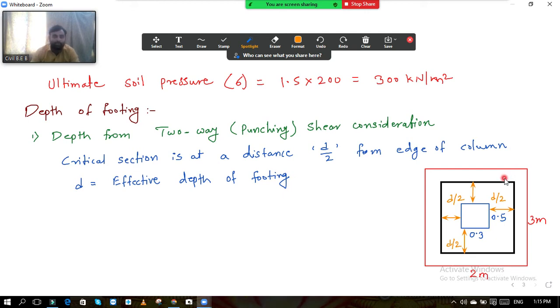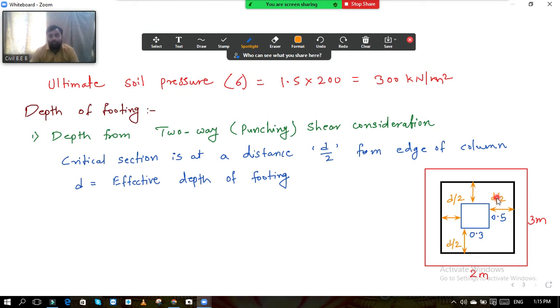You know how to punch a paper. Same action will be there. Whenever, due to the load coming from this column on this footing, this punching shear gets developed, this punching action is the action where the column will try to penetrate through the footing. Okay, so please mute your audio. So this column will try to punch through the footing, and it will not punch alone. It will take this black area along with it.